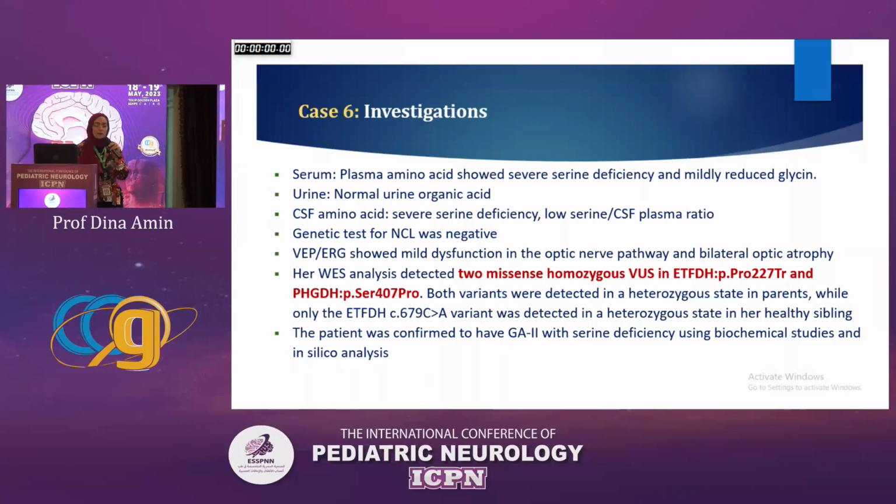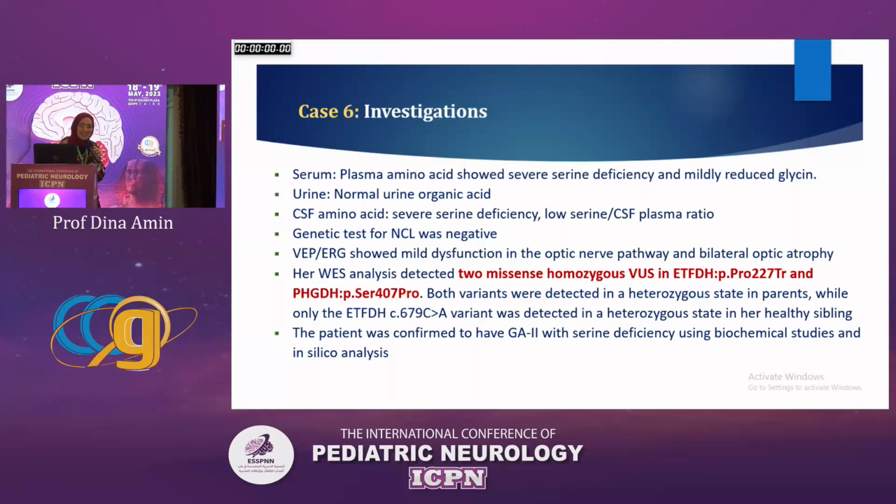This is her workup. The plasma amino acids showed severe serine deficiency and mildly reduced glycine. The urine organic acids were normal. CSF amino acids showed severe serine deficiency and a low serine CSF-to-plasma ratio. Genetic testing for NCL was done before and, of course, was negative. Her whole exome analysis showed 2 missense homozygous mutations. One is in the ETFDH gene, and the other one was in the PHGDH gene, which stands for the diagnosis of glutaric